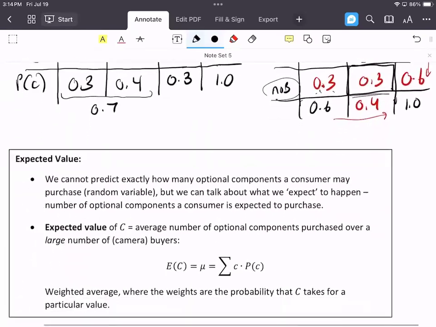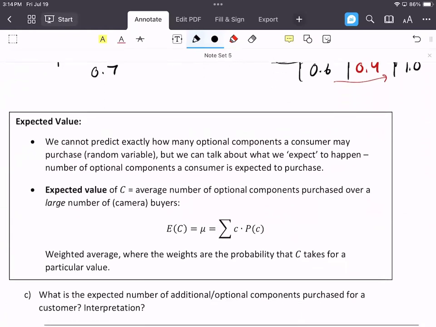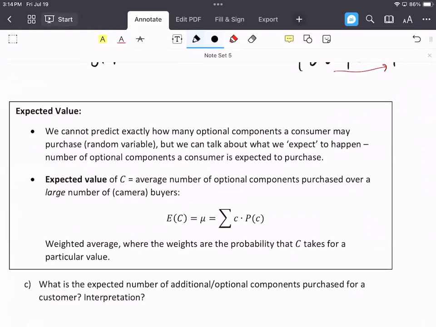Now, expected value. We've already said that's the center. We can't predict exactly how many optional components a consumer, in this example, would purchase. It's a random variable. It's going to vary from consumer to consumer. But we can talk about what we expect to happen in the long run over many customers. So the expected value of C is the average number of optional components purchased over a large number of camera buyers. You're going to see E here, that's standing for the expected value of C. So this is expected value of C